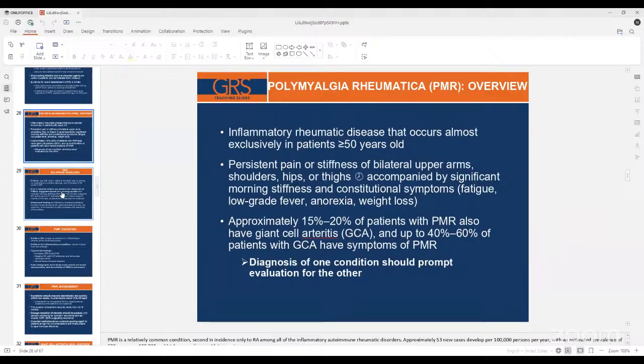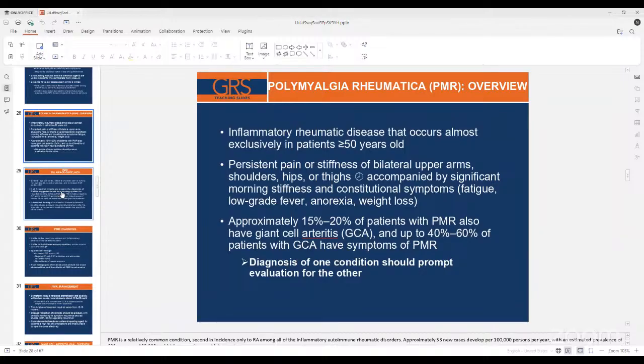So it presents with persistent pain and stiffness of bilateral upper limbs, shoulders, hips, or thighs. It may start as a unilateral affection of the joint, but eventually it will affect the other joint on the other side. So it might start with one shoulder getting affected, but as the disease progresses, the other shoulder will be affected as well. Hips or thighs, accompanied by significant morning stiffness that could last for about 45 minutes up to 1 hour, and